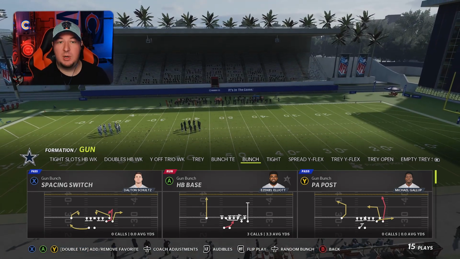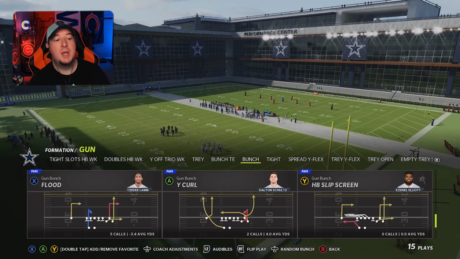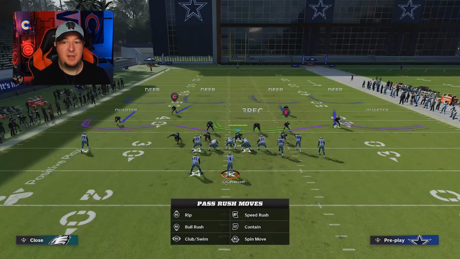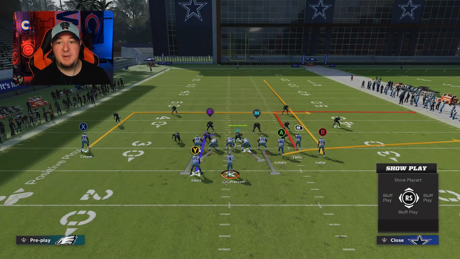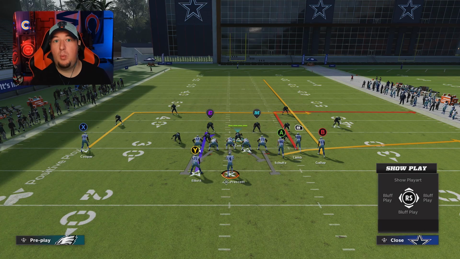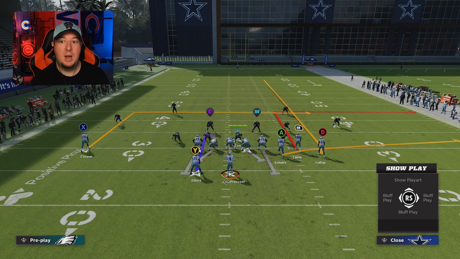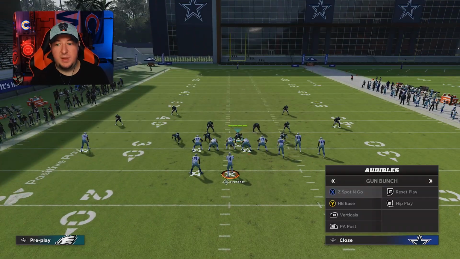What we're going to do is call quarters with our zone drops active and set to 10 for our purple zones. So we are good to go against flood. So they call flood, and maybe they then no huddle, and you think, okay, I don't want my zone drops active anymore. I think they're going to go for a corner route. So what you're going to do when they do this is